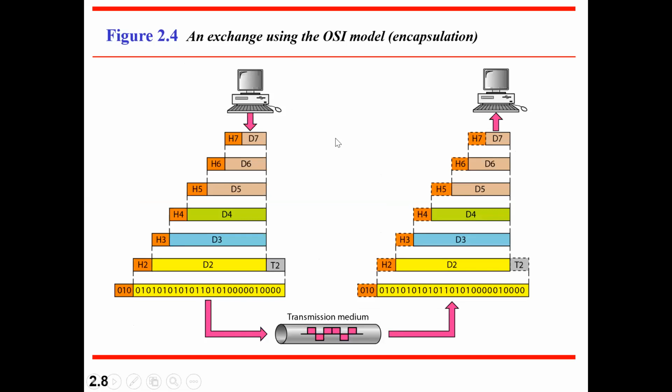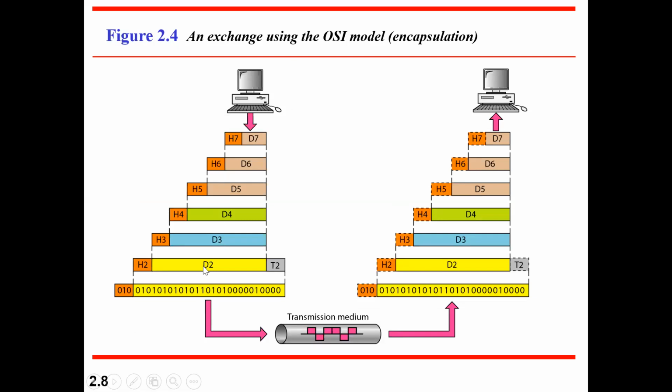Encapsulation is what we were just talking about. Whatever data you feed, the data is what you need to send. How should that data be attached? For that, the information about which layer it belongs to needs to be attached. That information is nothing but the header. The header always carries the information part. The data is next. So along with the header for the 7th layer, followed by the data, that becomes the data for the next layer. Once again, you pass it on and the information is attached.